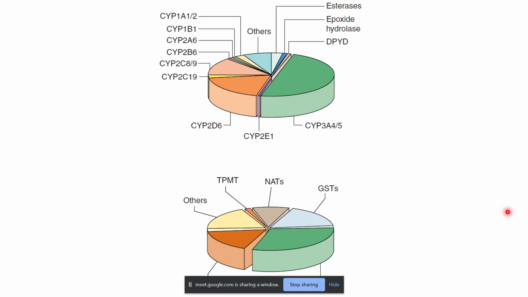There are many of these genes, so the most common of them is UGTs, that's about 60%, and there are many others